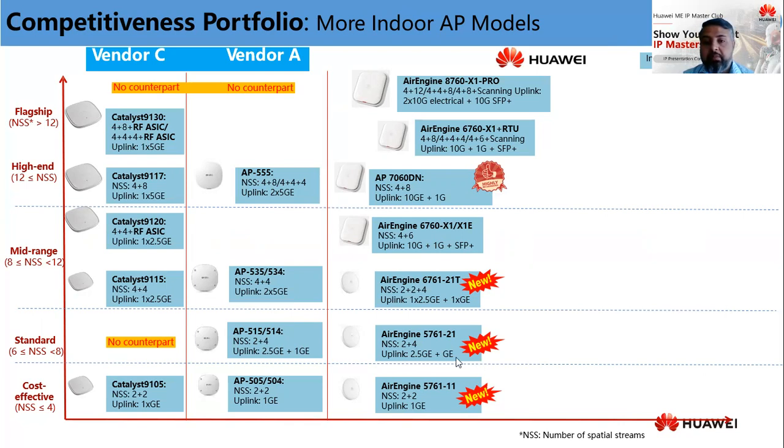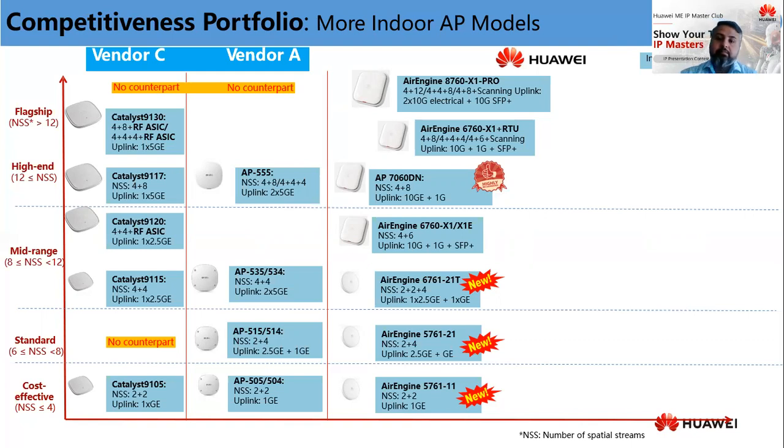But again, Huawei competes in terms of price. There is only one line over here for the cost effectiveness, but overall, I can guarantee you this, that Huawei provides the most cost effective and best access points in the price range as compared to any other vendor in